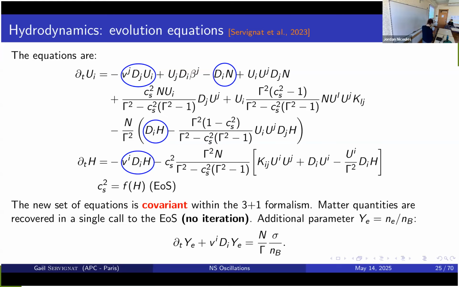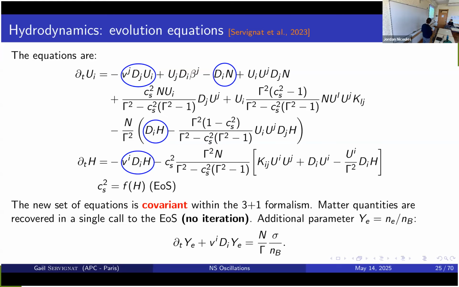And the sound speed is really, at least in spherically symmetric configurations at zero temperature, the main quantity that will govern the oscillations. And this is covariant, which means that, okay, I will apply it to self-gravitating fluids, but actually you can apply it to any configuration of perfect fluid you have in mind.